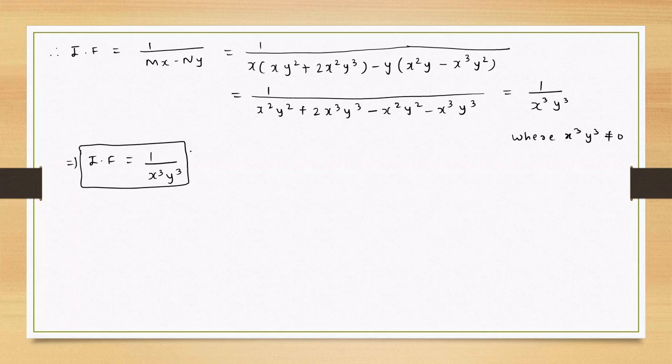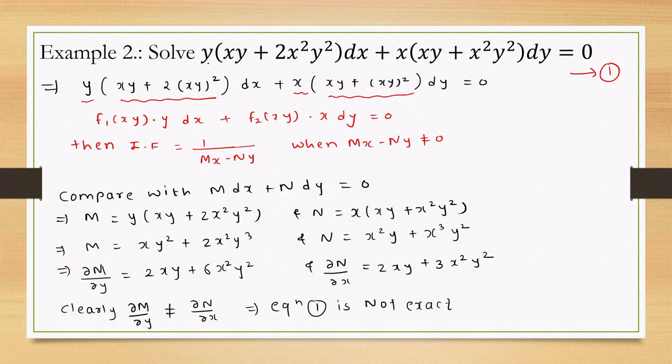Now, multiplying the integrating factor to equation 1, that is 1 upon x cube y cube. Now what is equation number 1? It is (xy plus 2x square y)